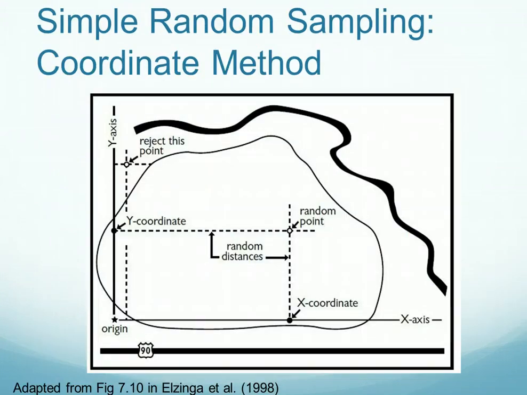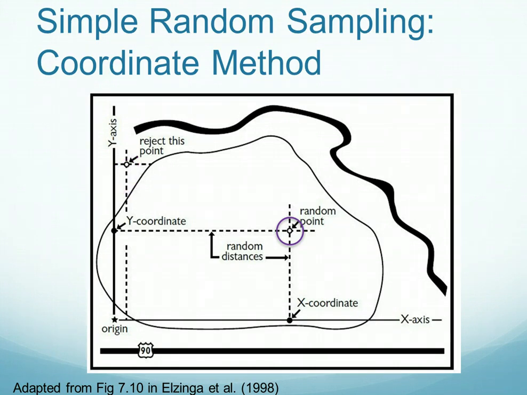There are a couple approaches to randomly allocating or locating units. The first one is the coordinate method. In this case, we have our area of interest, and we superimpose an XY coordinate system over the general area of interest. We then select XY coordinates randomly and then examine where they fall. If the XY coordinate falls within the area, we would keep it, and if it falls outside of the area,